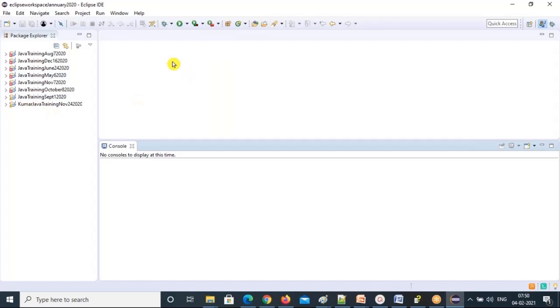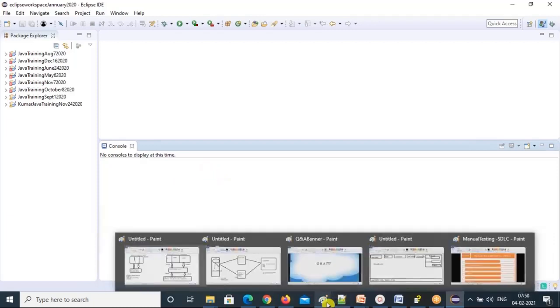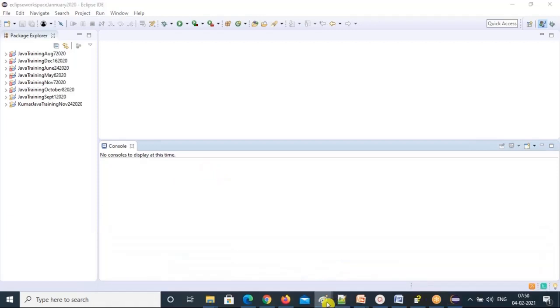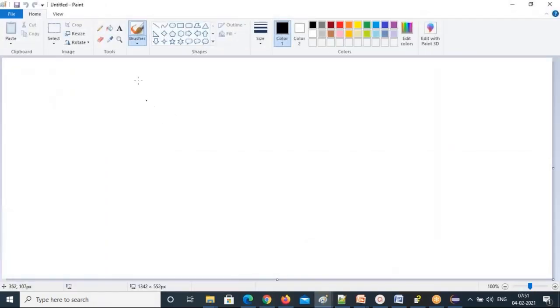Now let's create a first Java project. Let me give you the hierarchy. In Eclipse, first you will create a project. In the project, you will get some default folders.